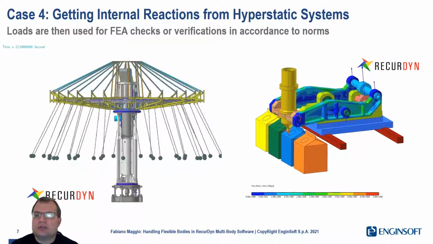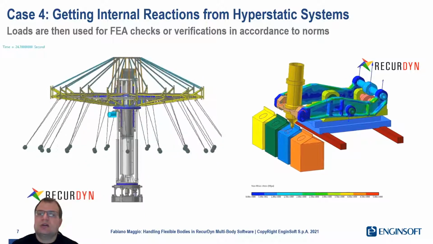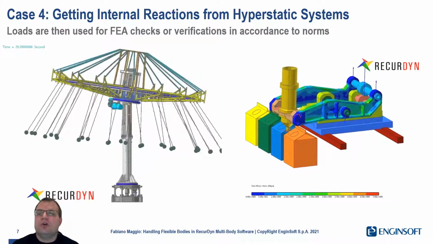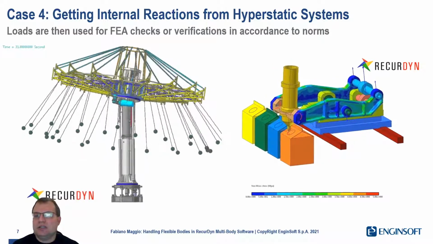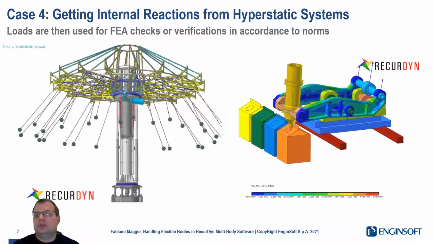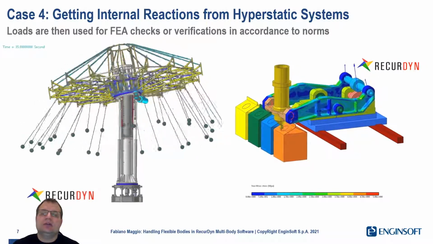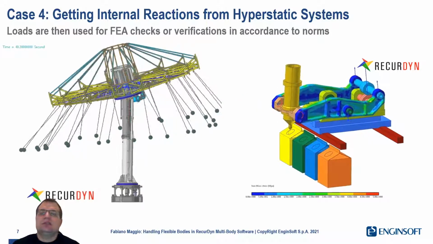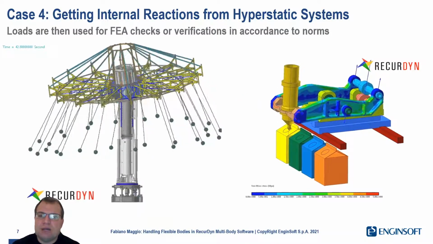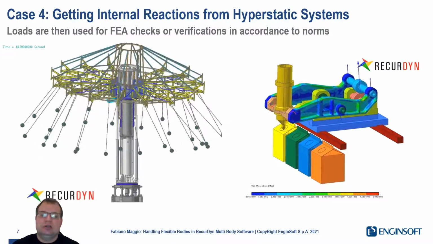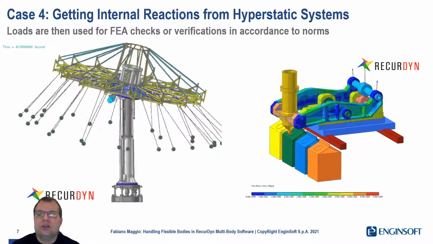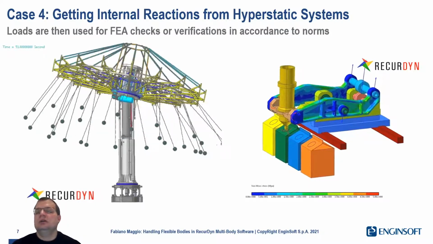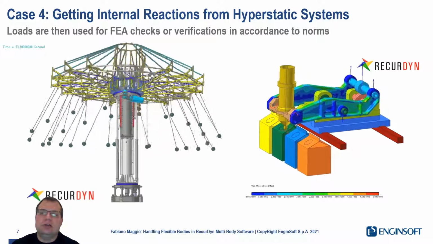When you have structures where all the bodies are connected in many places, so you have over constrained bodies, it's impossible to calculate the loads at all junctions if you don't use flexible bodies, because the flexibility of the bodies is distributing the internal loads, is governing the internal loads, and the solution would not be possible without including the